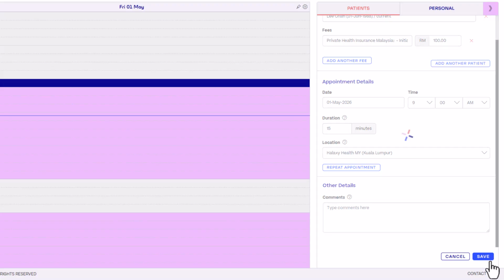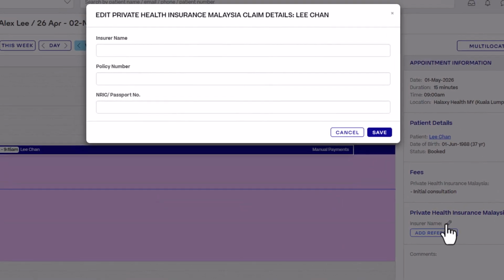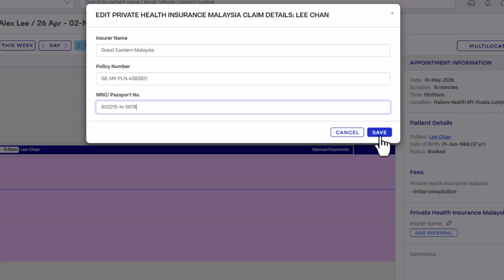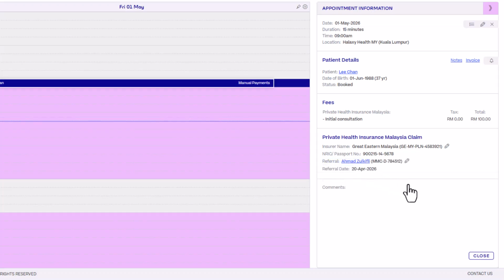Now, save the appointment. By using Private Health Insurance Malaysia, Halaxy automatically configures the claim settings. You'll be able to add additional patient information such as the insurer name, policy number, and NRIC or passport number, which will appear on invoices when billing the insurer directly or when providing documentation for patient claims. If necessary, you may also add a referral. When you enter these in the calendar appointment, they are saved to the patient's profile, automatically populating in the next